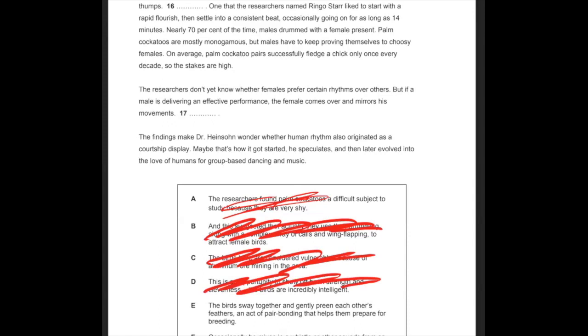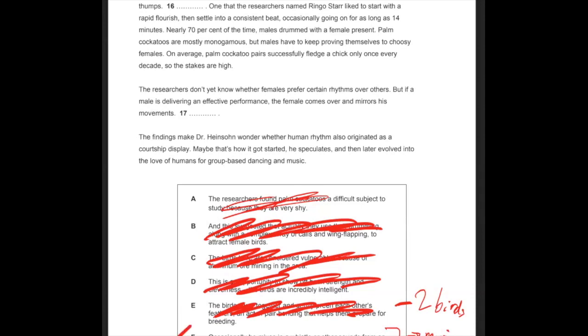Birds sway together and gently preen each other's feathers. Well, this paragraph only talks about one bird, so it wouldn't be that one because this one talks about two birds. That's not that one. And then between these two options, the option F is about occasionally he mixes in a whistle or other sounds from an impressive repertoire around 20 syllables. Is that talking about this concept of drumming, performing, making music? Yeah, it definitely relates to the concept of music. He's making unique noises. That seems like it could be a good answer.